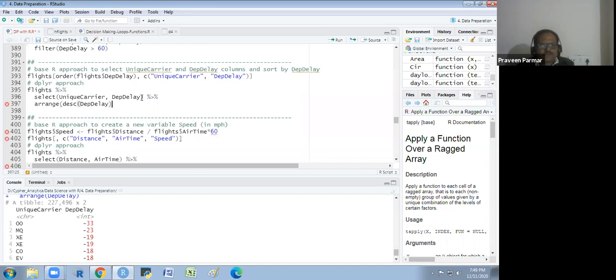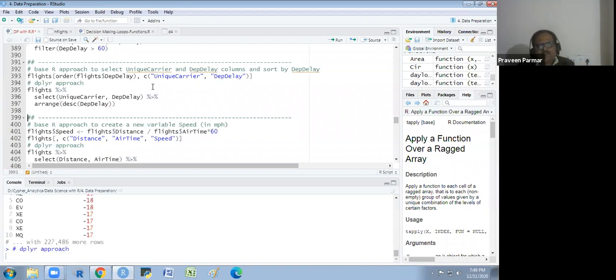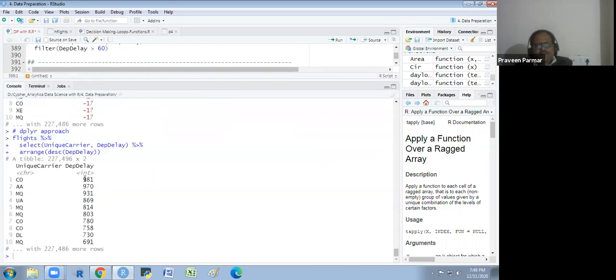I just try this. I forget that particular what we use. Somewhere we use the decreasing, somewhere we use the descending. So here the descending will apply. So it is the departure delay 981 minute and 970 minute. So it is now the decreasing order. Got it?